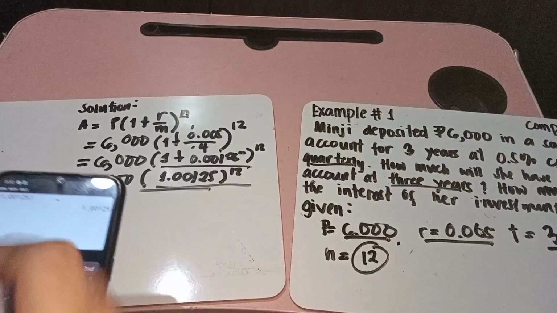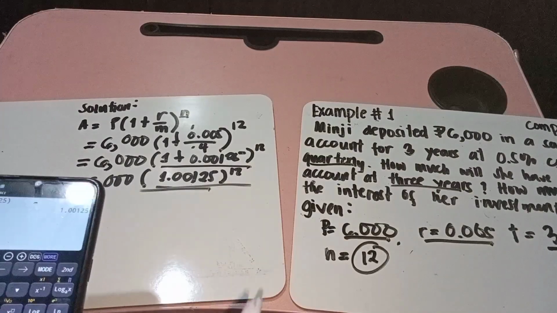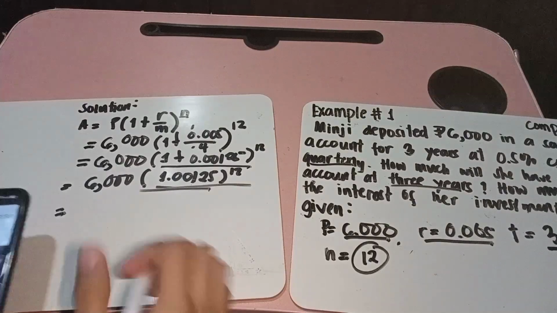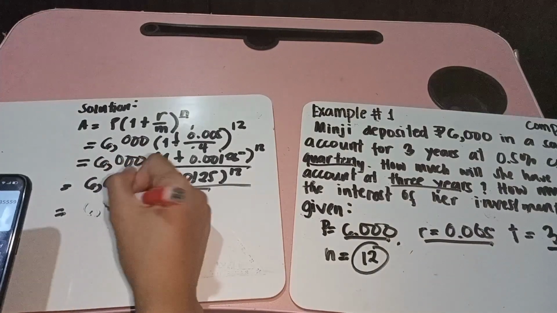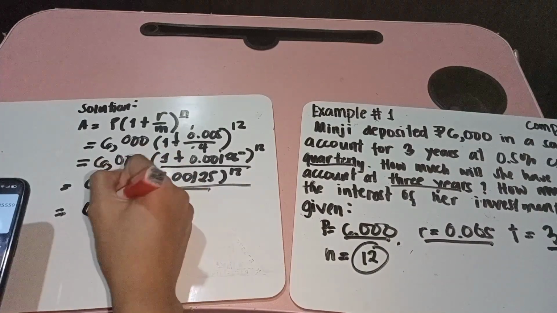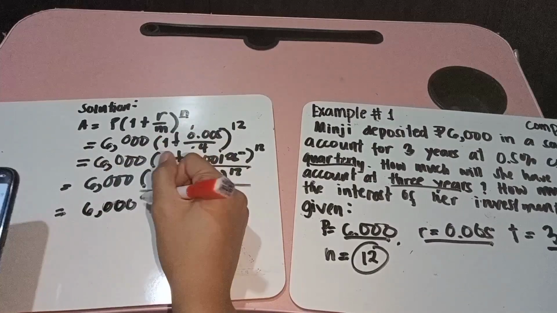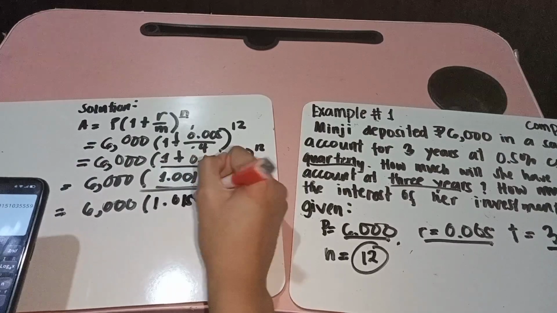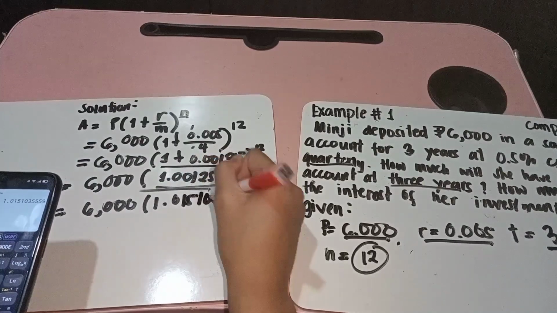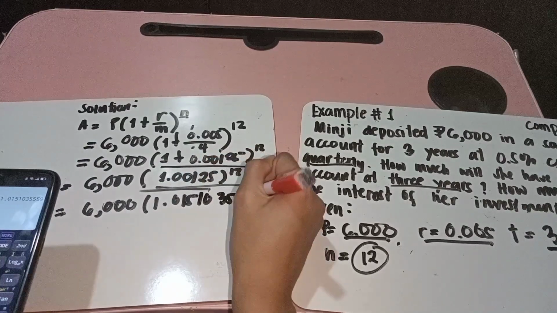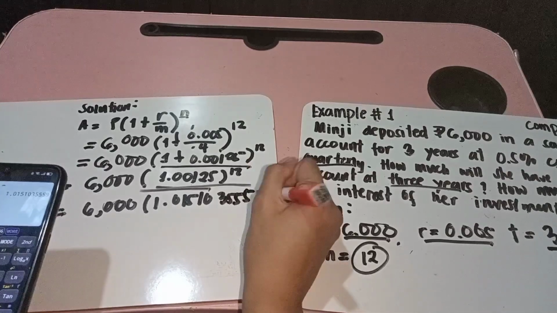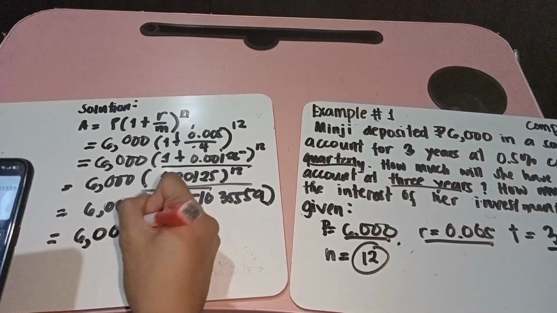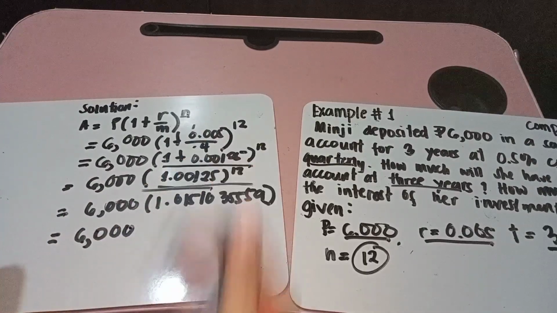So, ayan, 1.00125 raised to the power of 12. So, here we have 1.015103555 is equals to, bring down na lang natin yung 6,000, and then